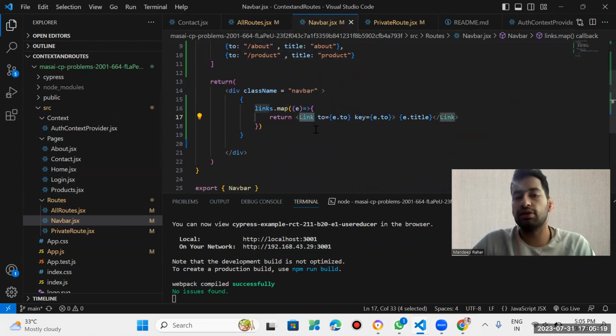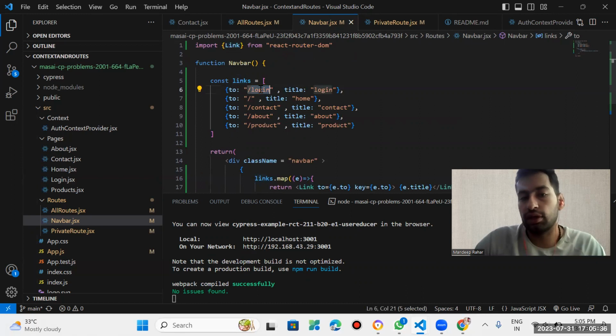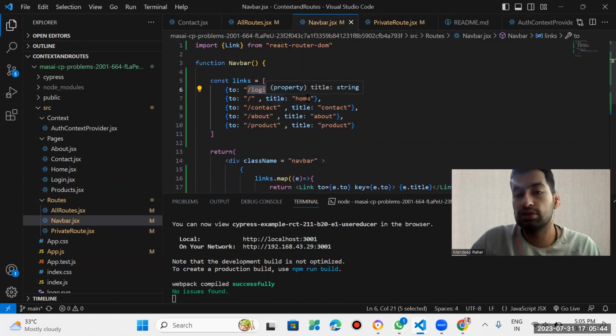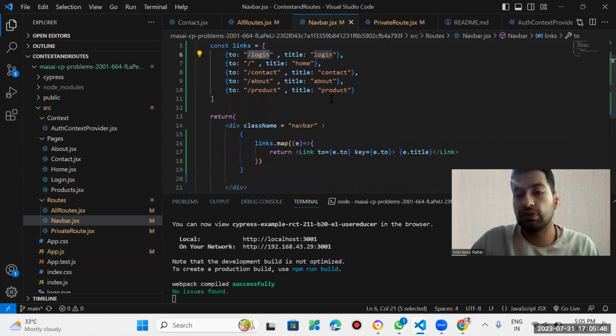a Link, and Link is already given to us by React Router DOM. Whatever we give in this Link, it will directly redirect. Without Link, this path is nothing. Okay, without Link this path is nothing. So when we want to go to this login page, for this we need Link, and in the Link we should give